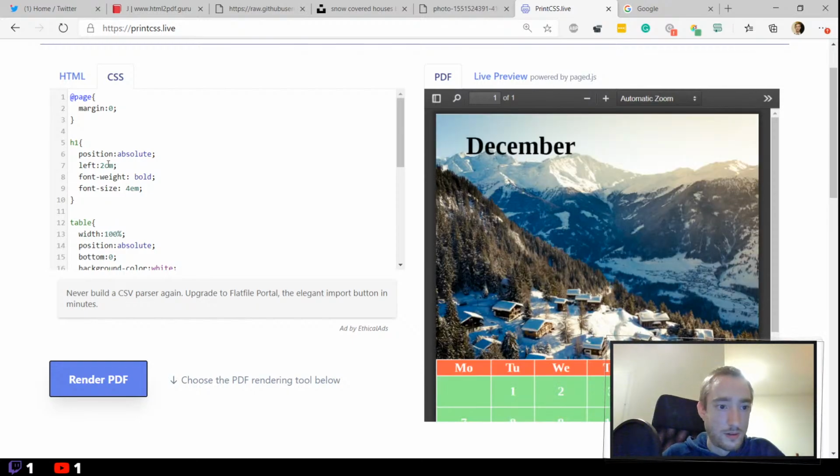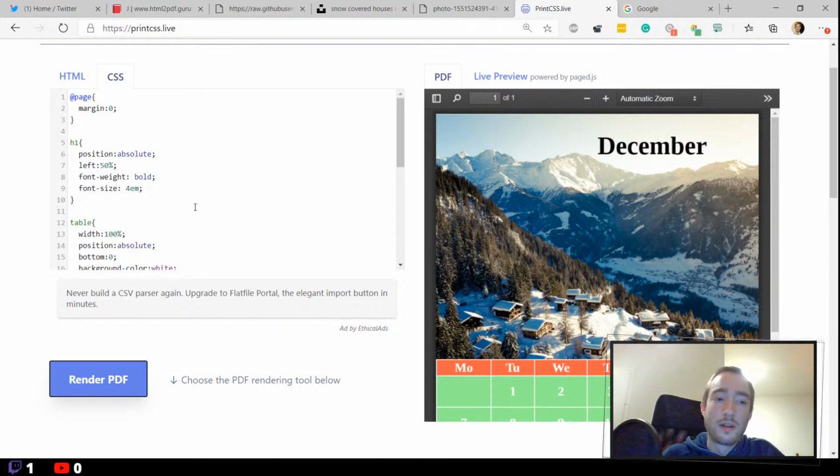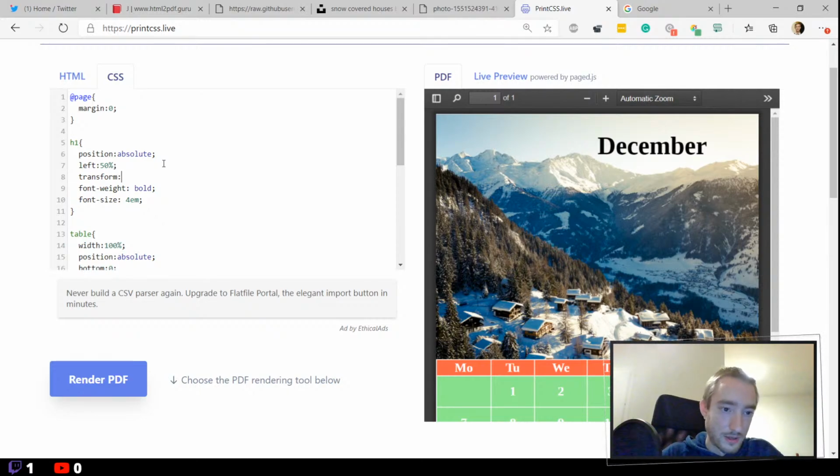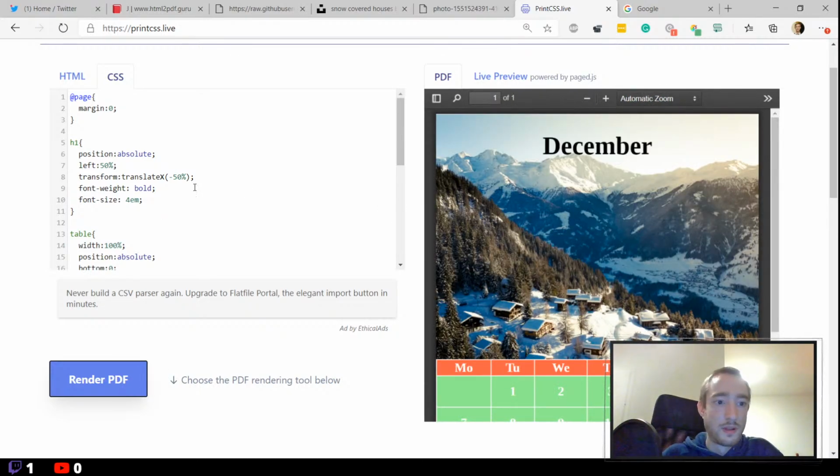Or let's try to center it and say left 50%. And then what we would need to do is transform and put it back by 50% of the width of the H1 element. So it would be a transform translate x minus 50%, if I'm not wrong. Let's see. Yeah, now it's in the center, and